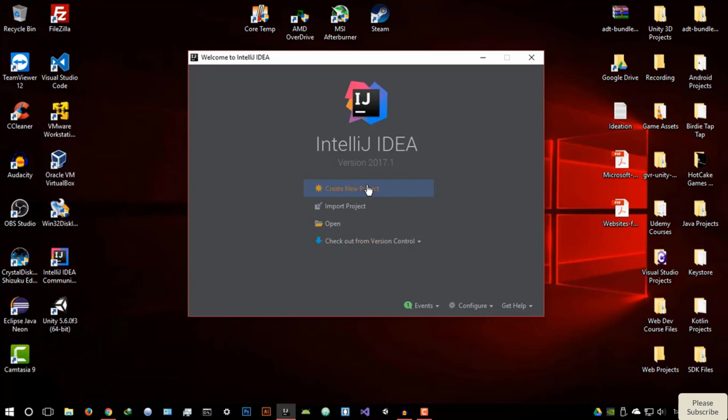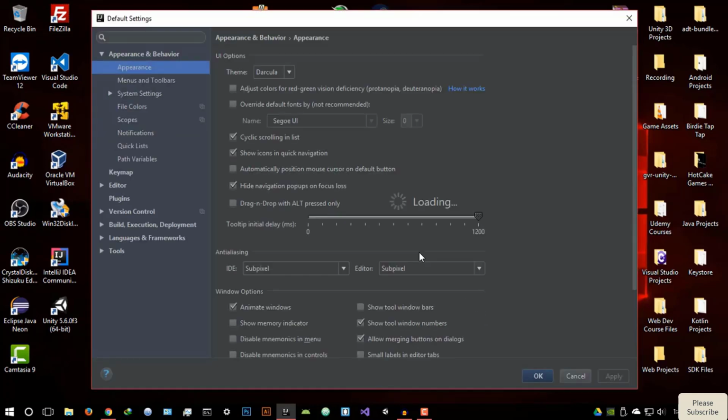So if you want to create a new project, all you have to do is hit create new project. You want to import one, pretty self-explanatory, just import, or you can open files of your choice. Now you can basically configure how Intellij looks and how the Java JDK interacts. So we're going to get started with that. So go into configure and settings, just click on settings, and it should open up quite fast,